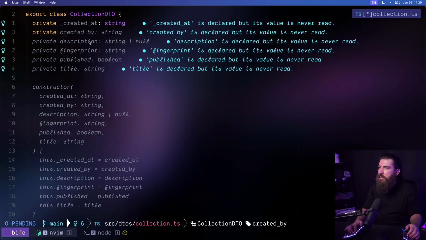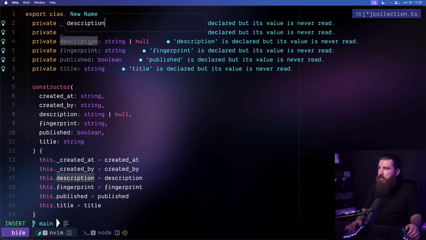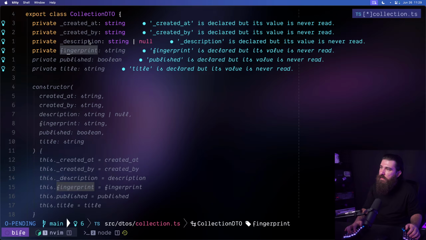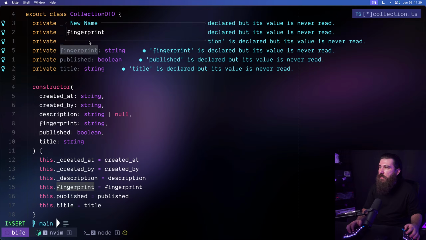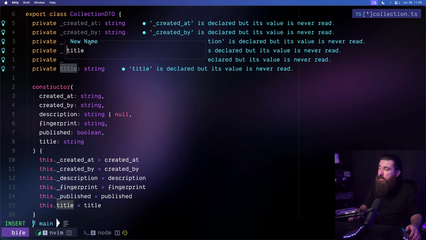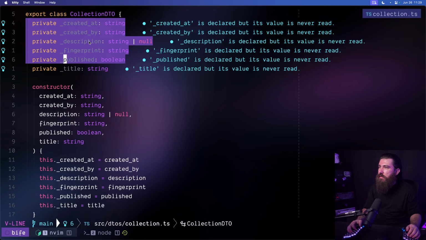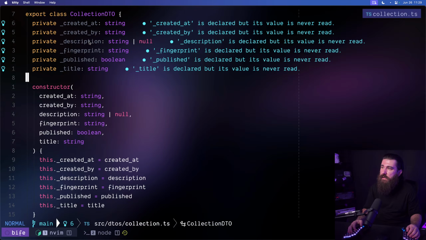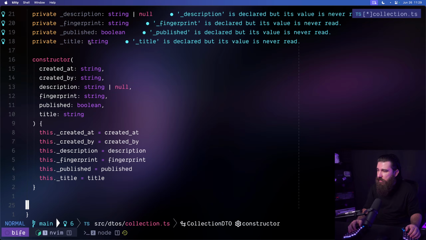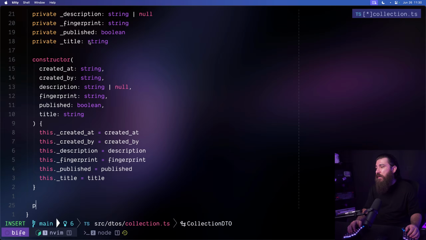Let's do underscores to all of these, and I can't use the NeoVim magic now because I actually need to do the rename operation. Nice. There's a constructor, there's all of these. So now we need to create getters for all of them. Isn't there a code action for that? No, there's not. I wish there was. But yeah, public get, let's start by